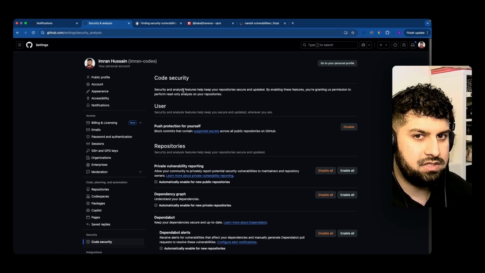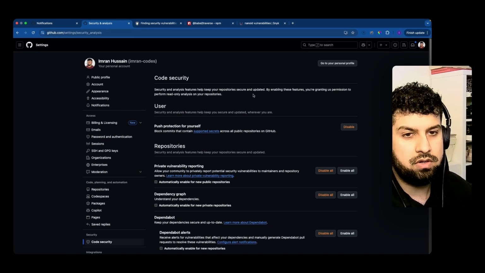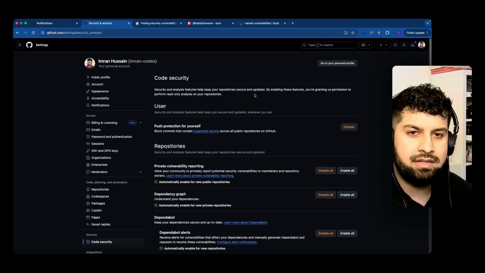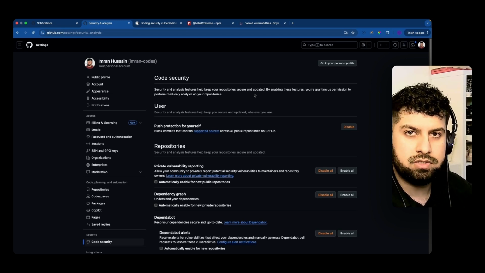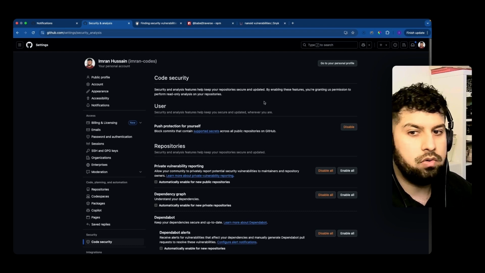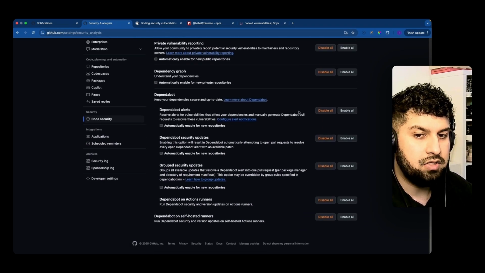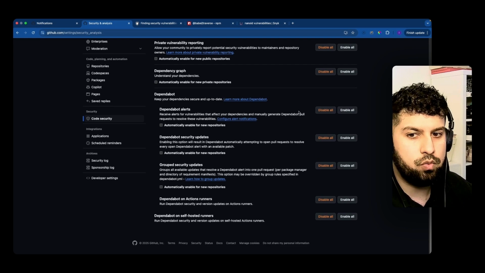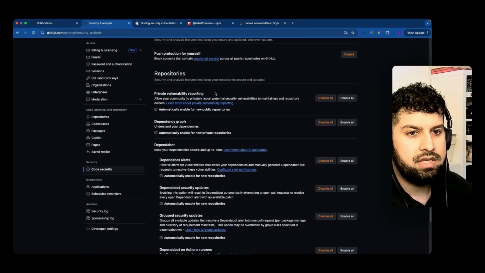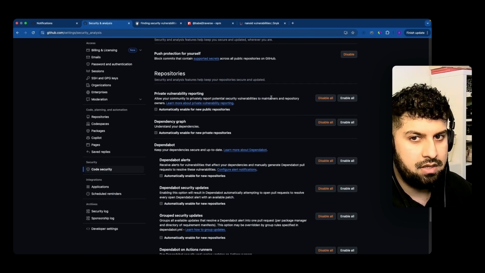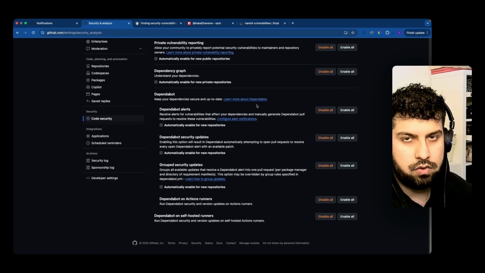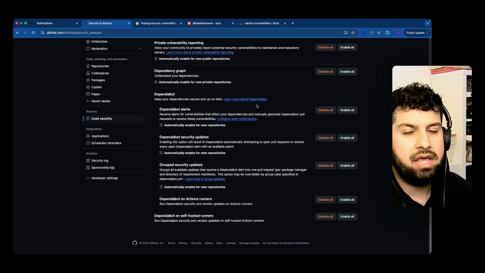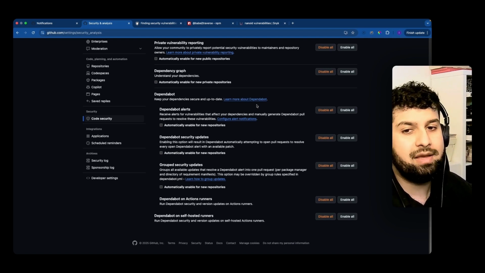Security and analysis features help you keep your repository secure and up to date, because if you're, for example, developing a SaaS product or something that is going out to the public, then we want to make sure that it is secure. So all of these options in here, you can enable all and disable all as you wish. Some of them are here: private vulnerability reporting. You can just give all of this a read, but essentially, if you want to future proof your code and make sure it's up to date, then I would say keep on top of this, because what will happen is, like